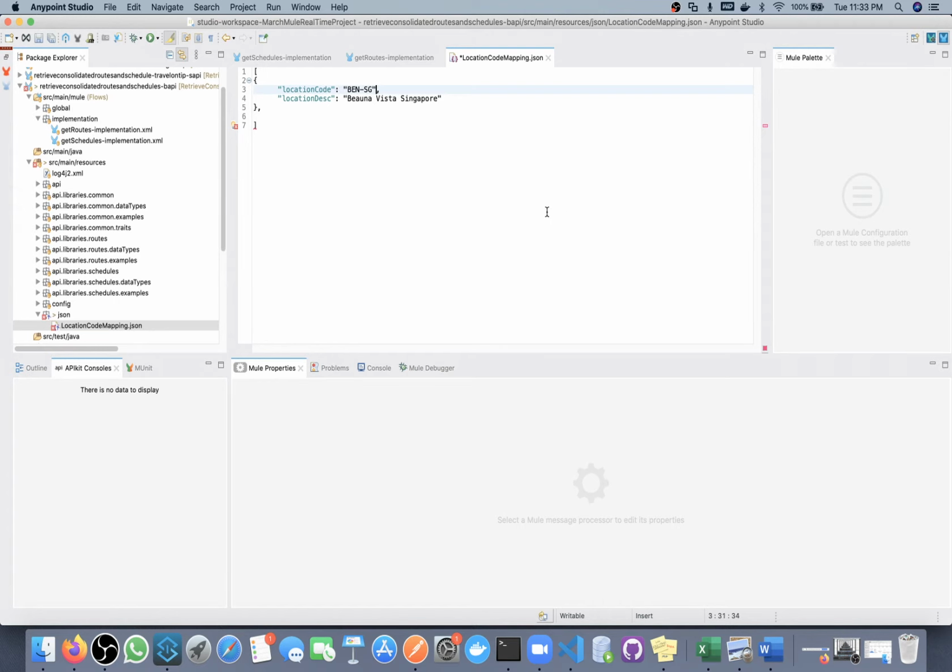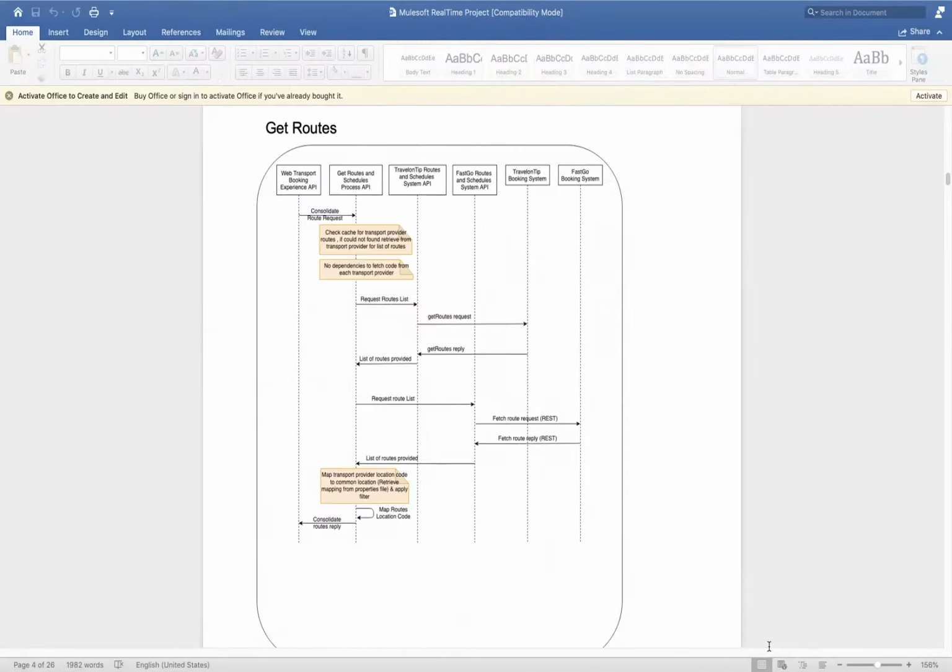BNSG. Before this, let me explain in the diagram. Here they are saying: map transport provider location code to common location code. So what is location description? It's a common location code. One external service provider will give you BNSG for Buena Vista Singapore. Another external service provider, for example from Travel On Trip, we are getting BNSG for Buena Vista Singapore, but we are getting BESG from FastGo.